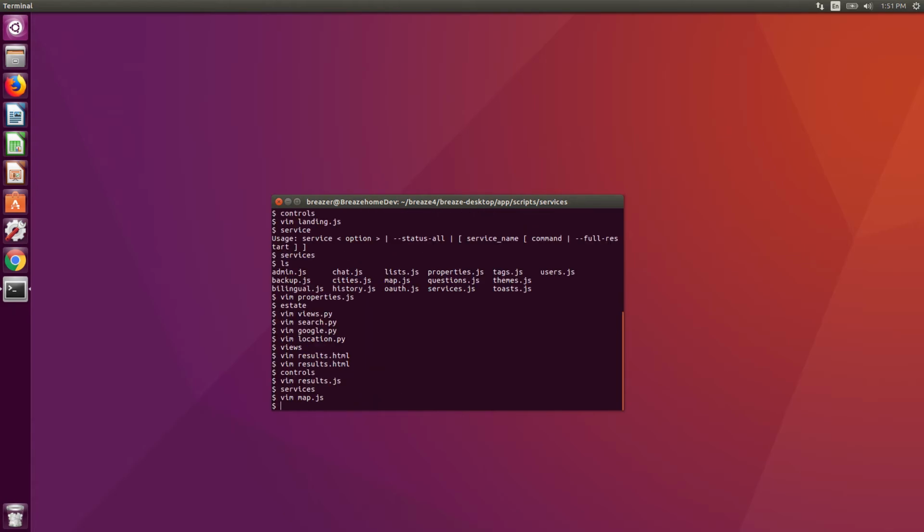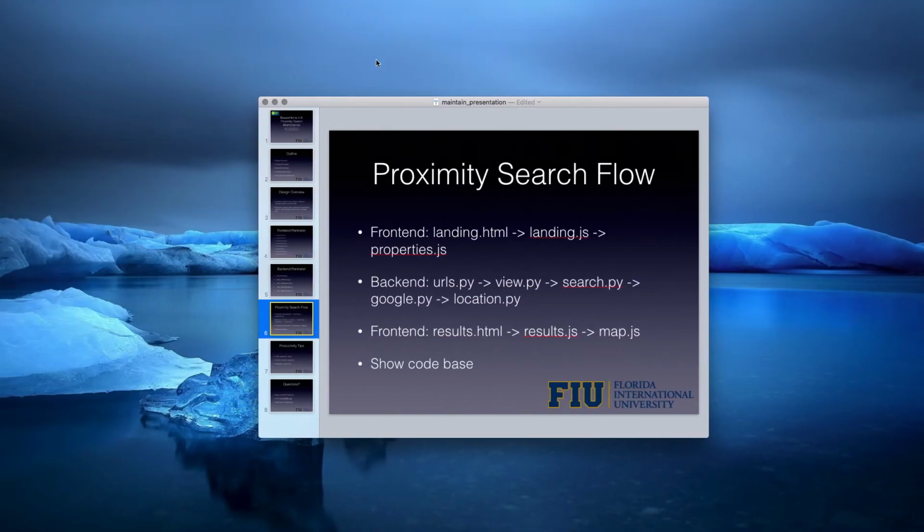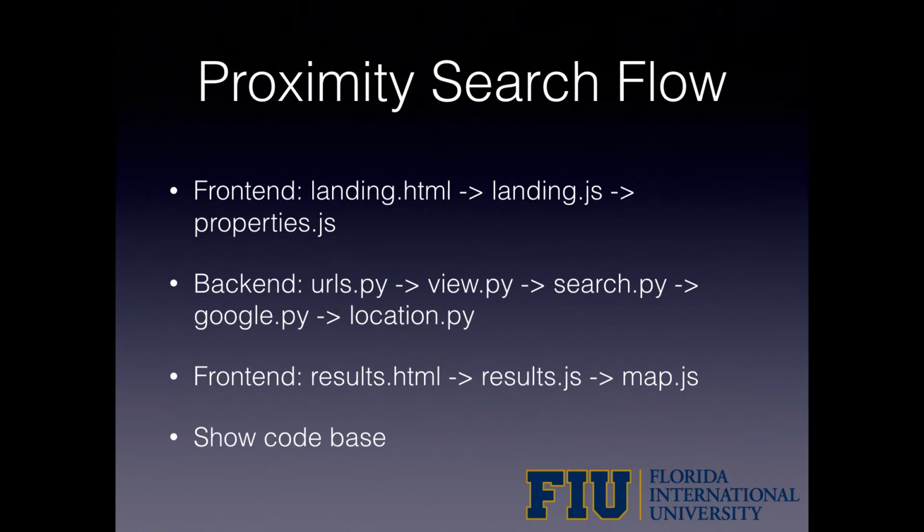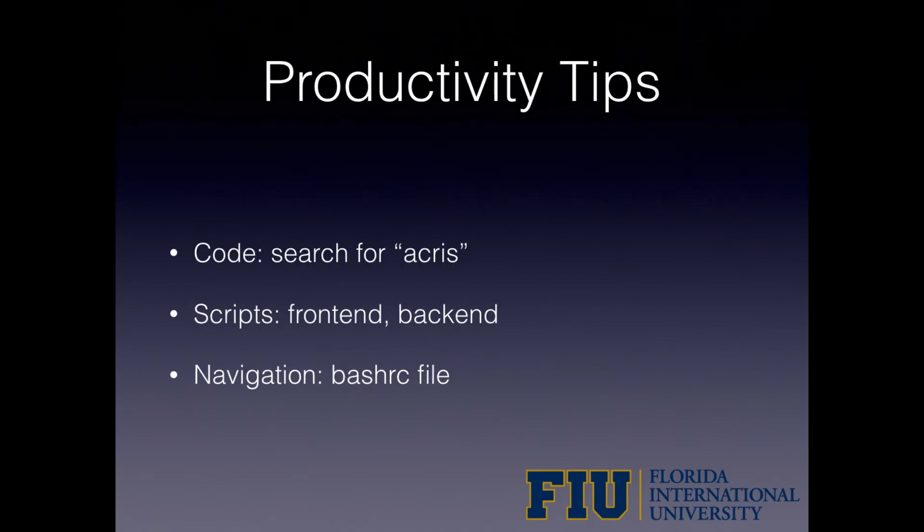Alright, so let's go back here real quick. Some productivity tips. Like I was discussing previously, if you want to find my code, just search for Chris. Everything is encapsulated within comments, and that's my code, and that's where you want to work. So I would use this proximity search flow right here to find out where you want to implement something, and then search for Chris to find out what I've implemented. So, some scripts that I've added,